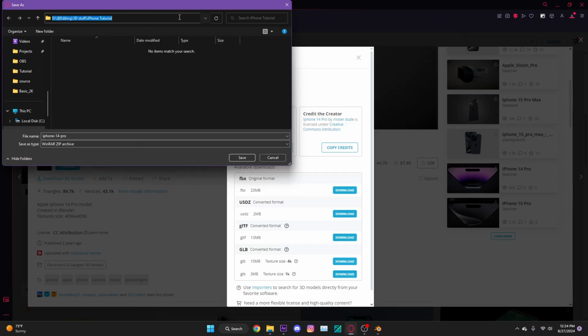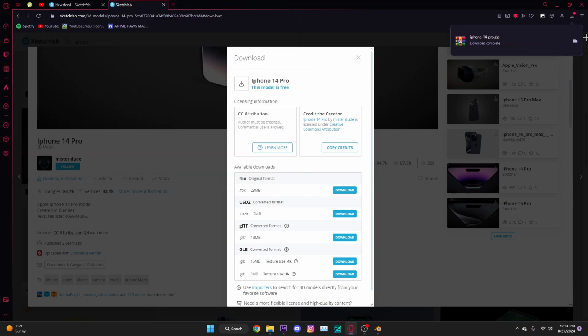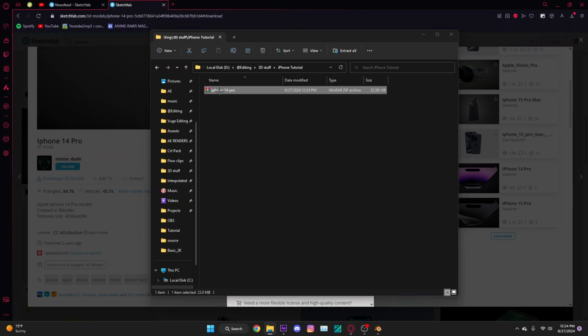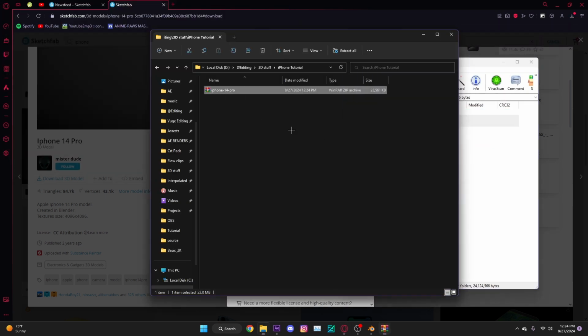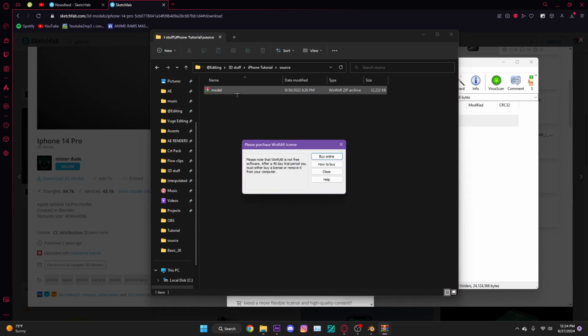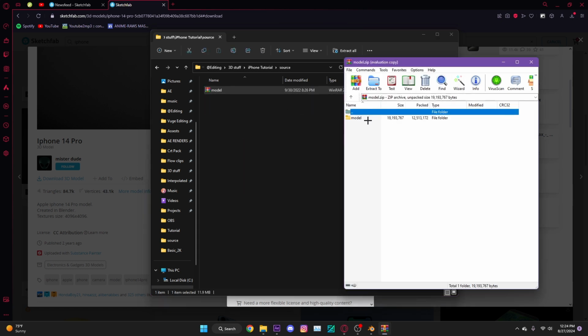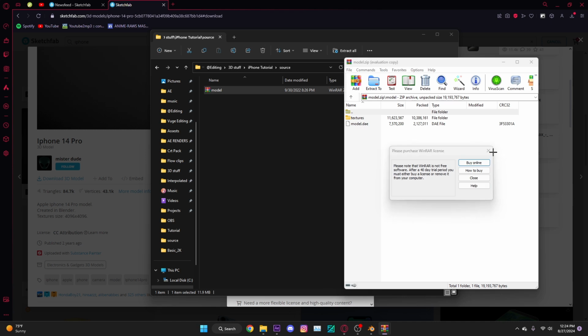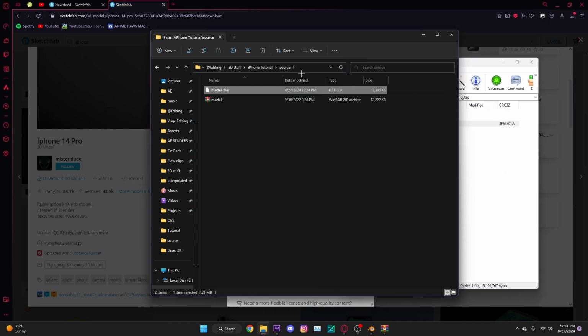I already have it pasted, but just paste it in, save, open it, double click, drag both folders, go to source, click on model, click again, then drag it. Then you want to go ahead and open Blender,